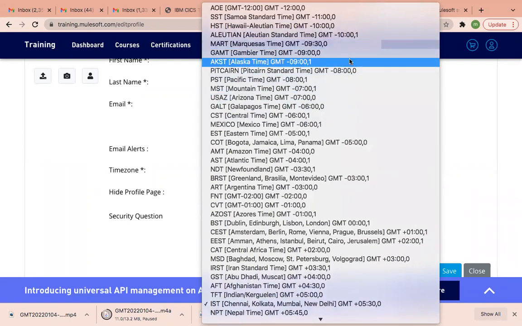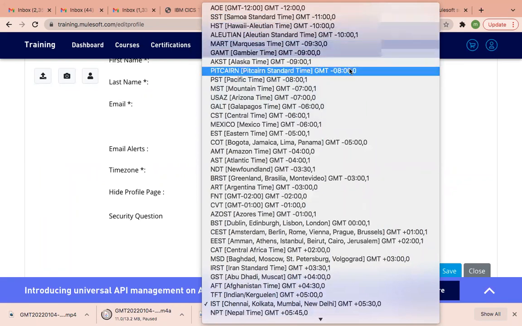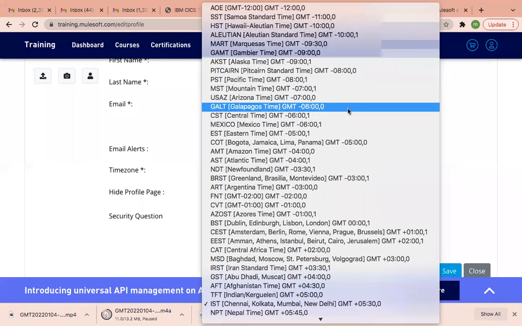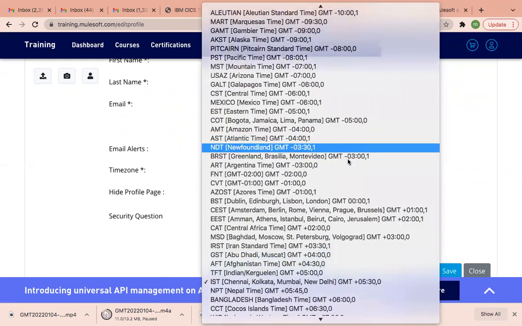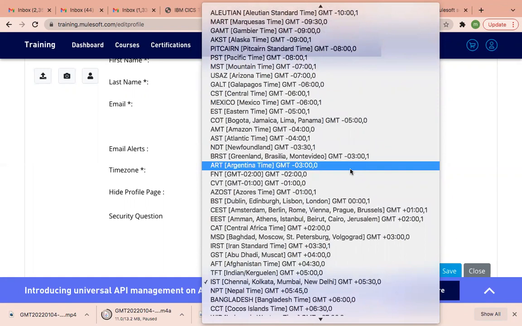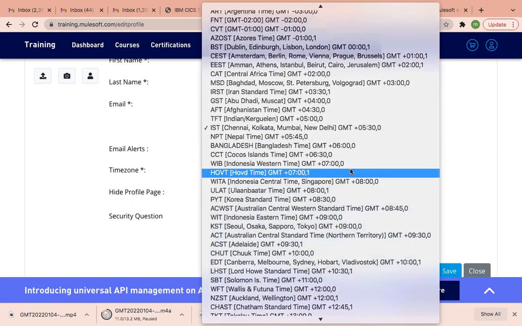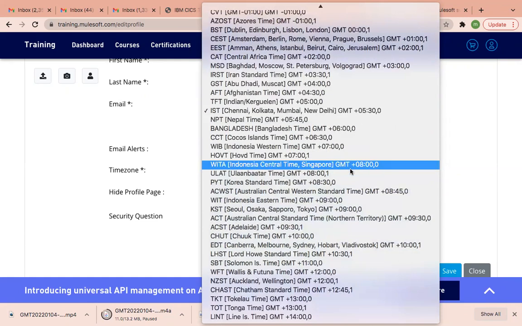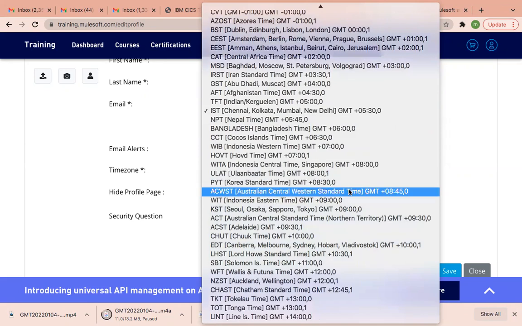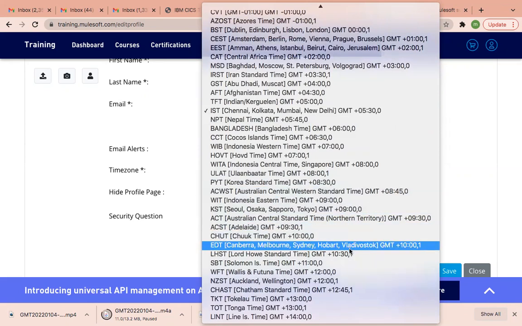These are all US time zones. It will come downside. Australian Central, ACT? No, that's Northern Territory. Western Standard Time. It should be AEST, Australian Eastern Standard Time.